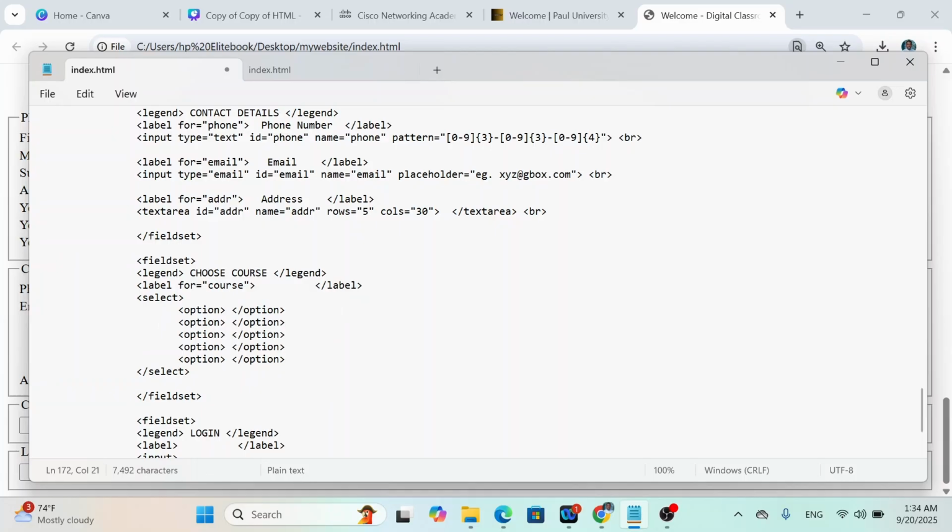right inside this field set that I just highlighted, choose course, you can see that we have the label for course. But now instead of having input, we now have select option. You can see how I nested the select option. You can pause this video and study it. Select the opening tag of select, the closing tag of select, and then the 5 options opening and close tags